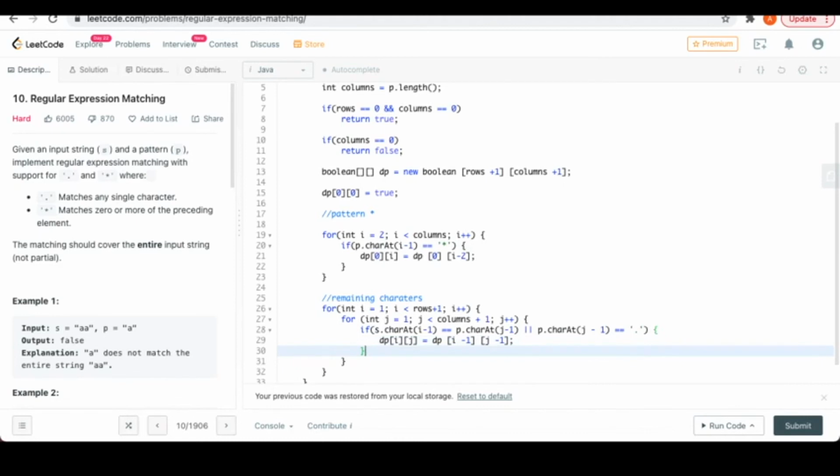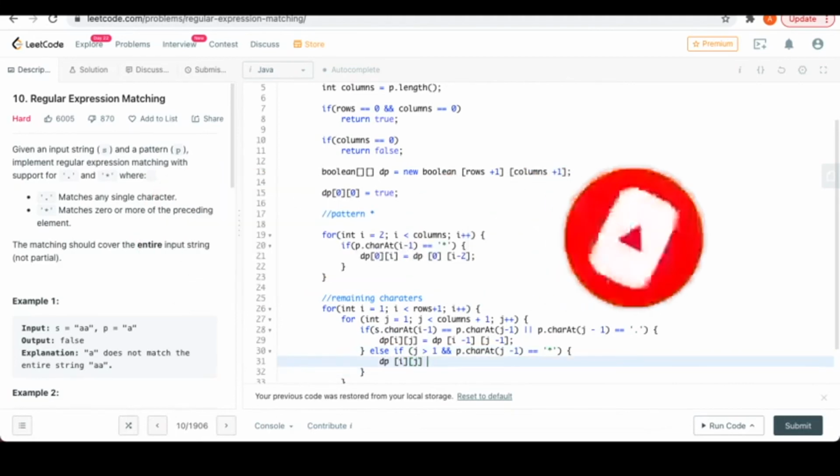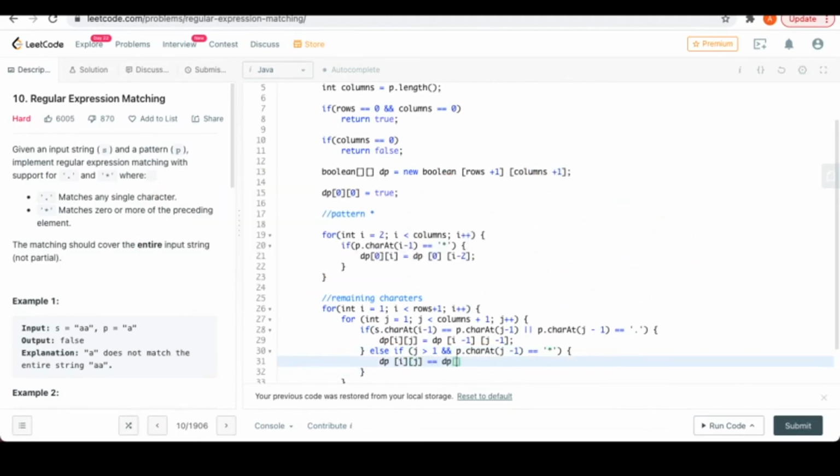If we don't get into this condition, then I will have another condition when j is greater than 1 and the character in p at the position that we are traversing is star. So the star pattern will get handled here. In this case dp of i comma j will become dp of i comma j minus 2. So in this case I will not move, only j will move.